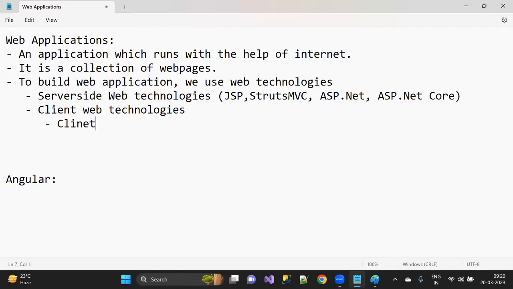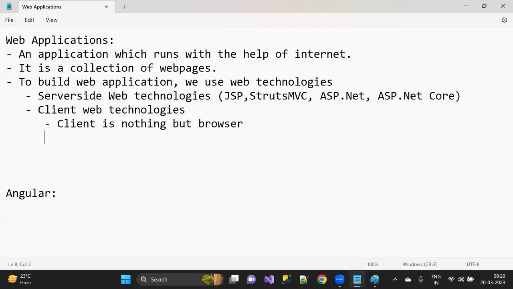So I'm not interrupting anything with respect to server side technologies. Now coming to the client side web technology. What does client mean? Client is nothing but a browser. Don't think that a client is a user. A client is nothing but a browser.